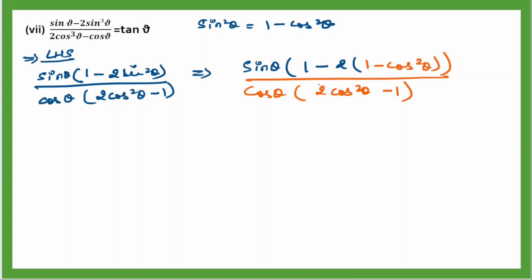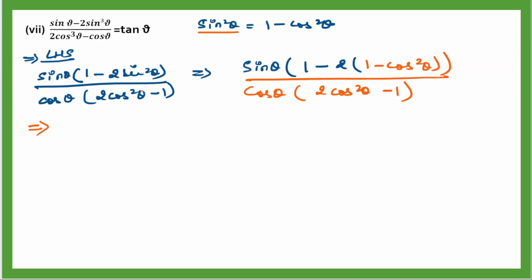You have an option: either you change your numerator or you change your denominator so that you get the numerator and denominator in the same format. If we change the sin square theta into cos square theta, the cos square theta is also in the denominator, so it will be easy for us. If you change here to sin square theta, then we will get sin square theta in the numerator and denominator part. So this is the trick part.